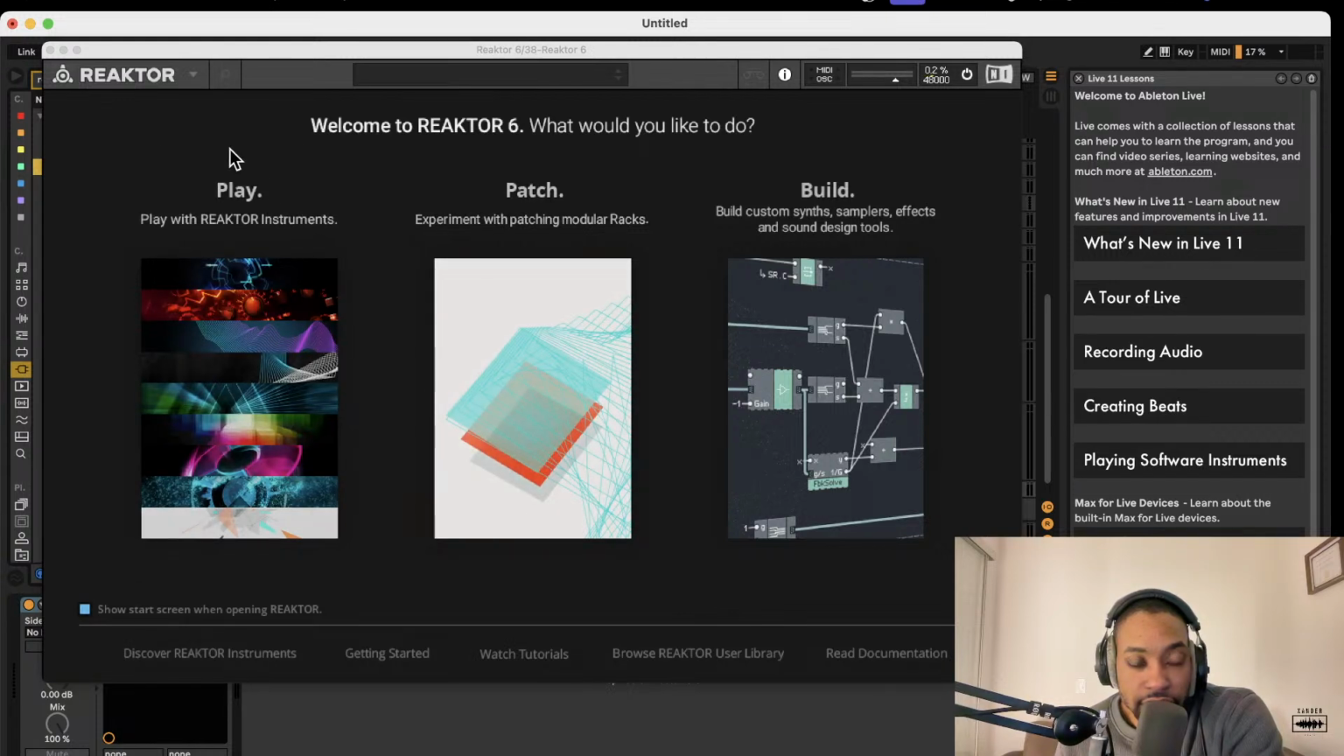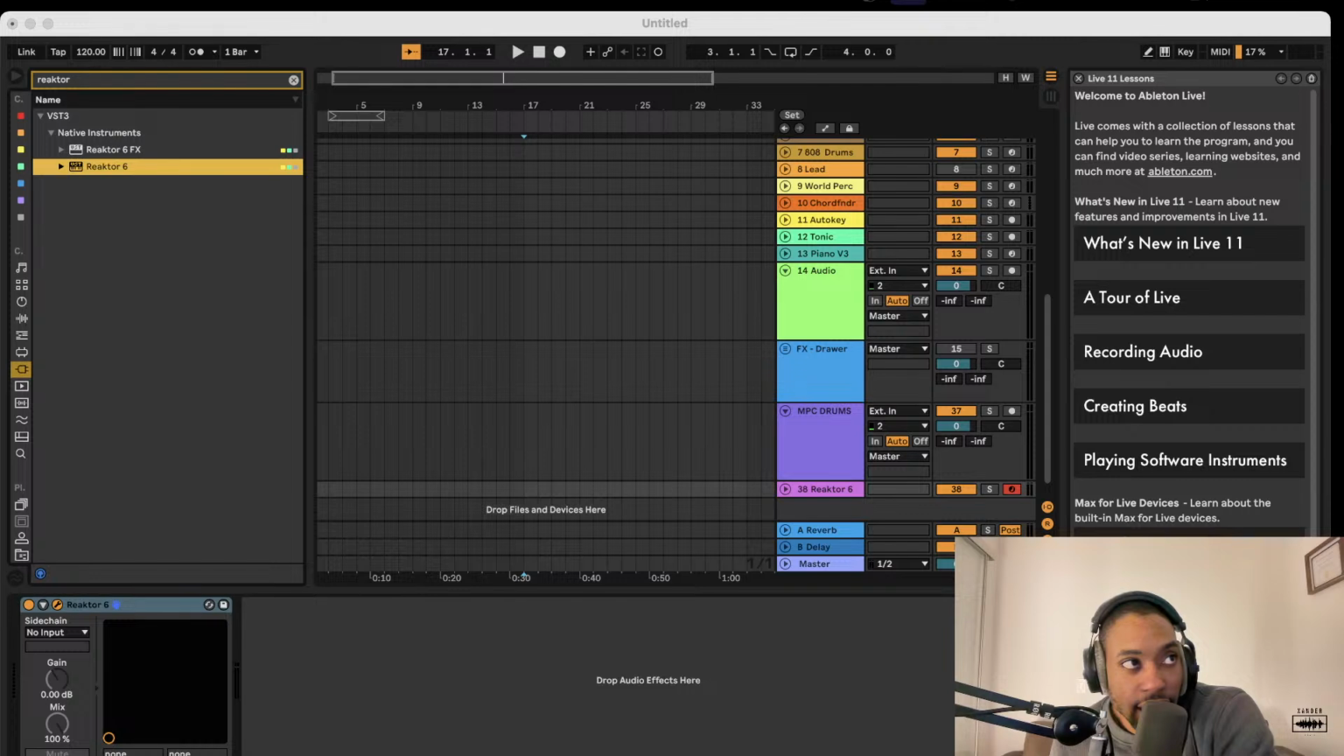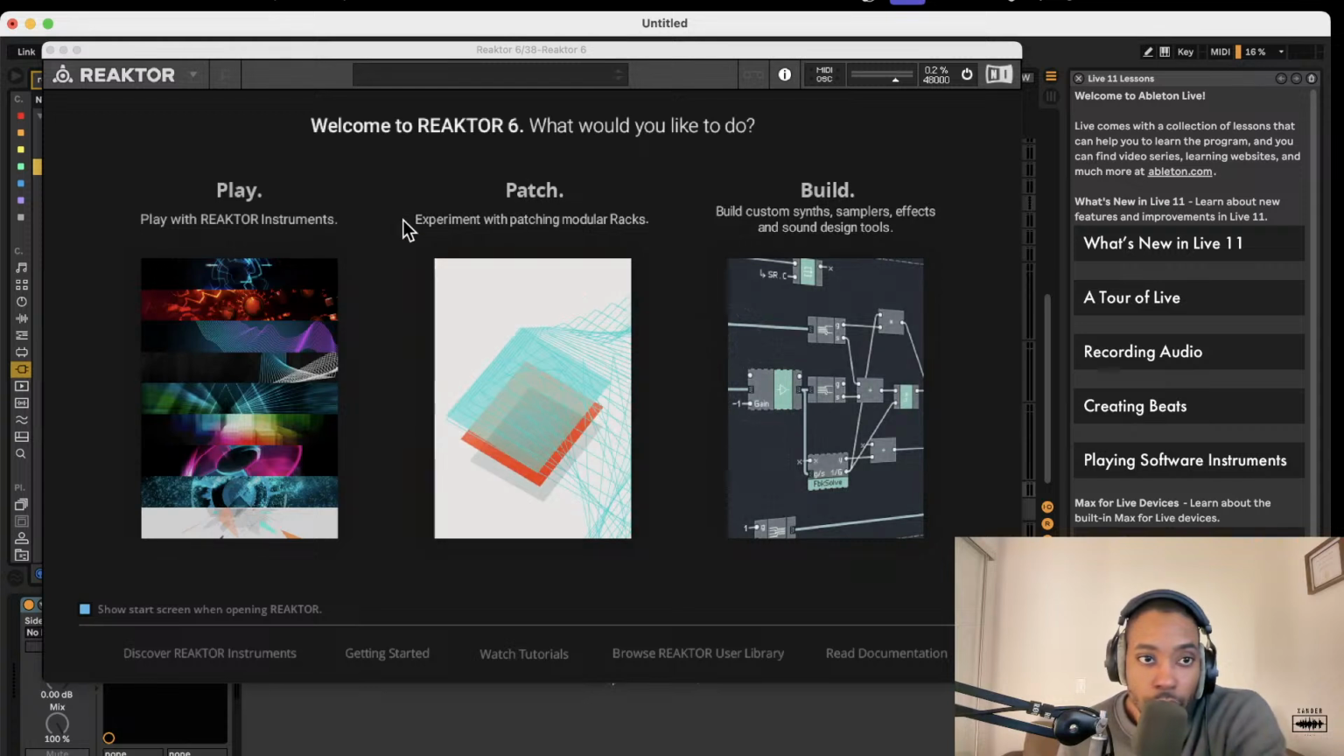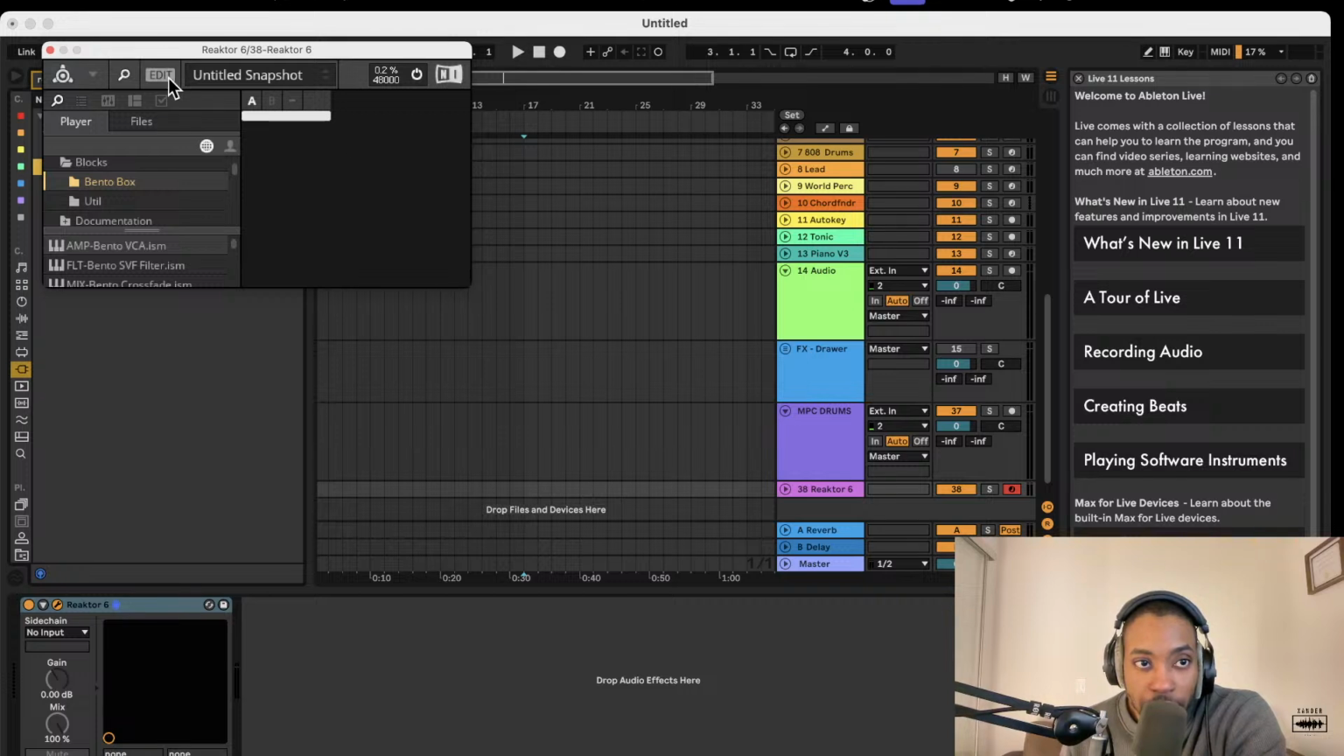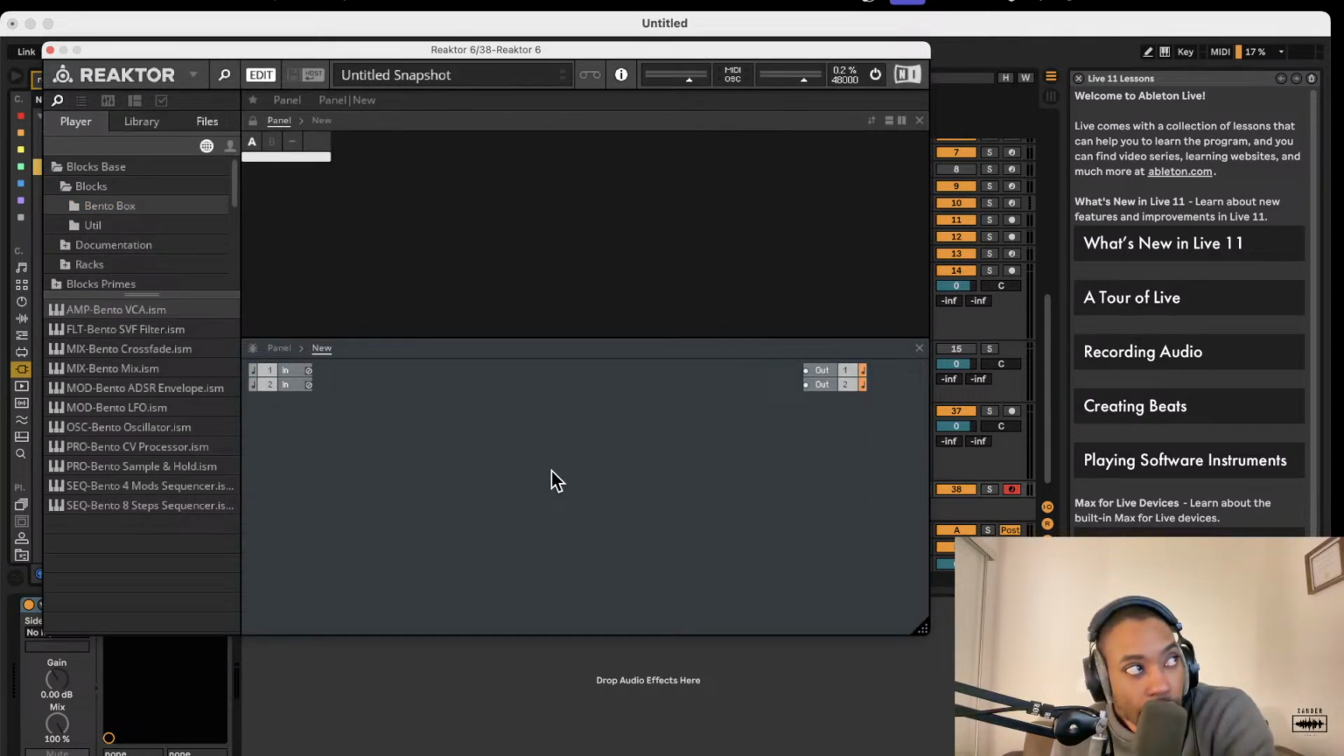We have three different sections. One is the play section, one is the patch section, and lastly, we have the build section. So that's right here: Play, Patch, and Build. Today we're going to be using the build section because it gives us the most flexibility to build up the components that we want to use. Since this will be a modular synth, we're going to be using blocks. So when we open it up,